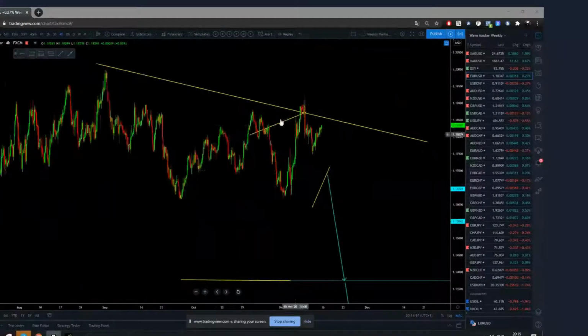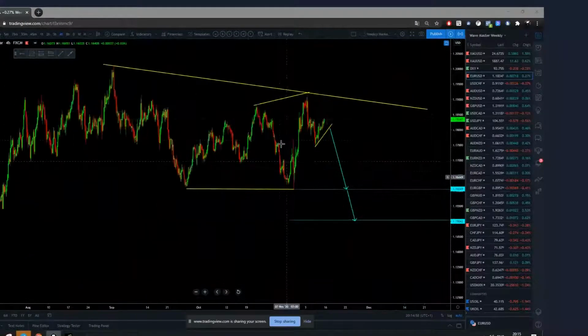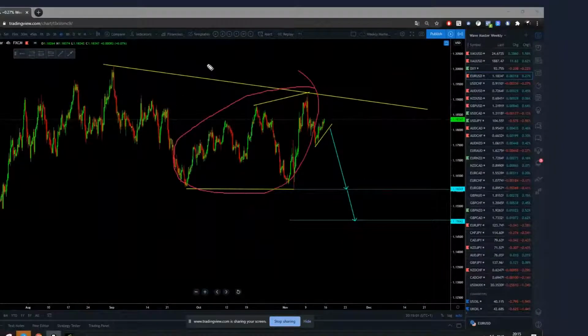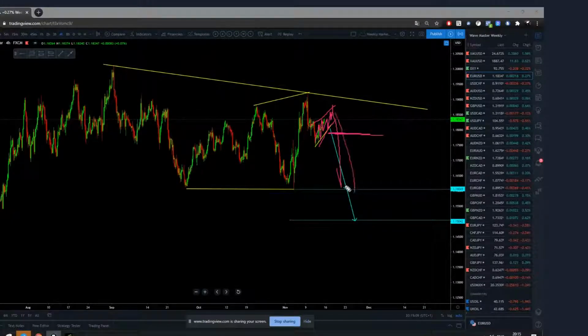Okay, we have an expanded thread which will just break down. So try to watch this correction. Once this will be finished, you want to take the trade. Okay, take the trade,